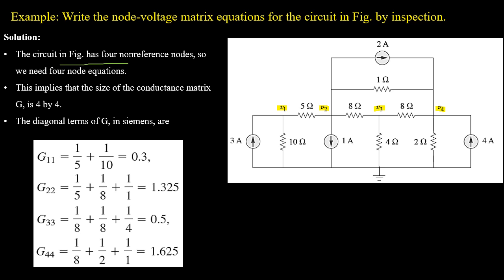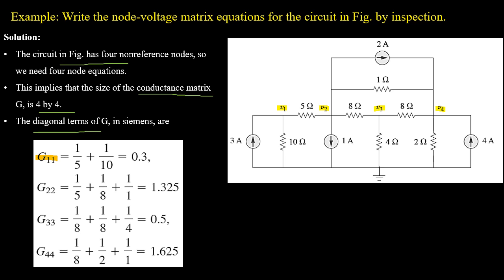In the given circuit, the values of all the linear resistors are given, but the generic form we have studied uses conductance, which is the reciprocal of resistance. So we will convert all the given resistances into conductances. Now all the diagonal terms are the sum of conductances directly connected to the given node. So G11 will be the sum of all the conductances connected directly to node 1.